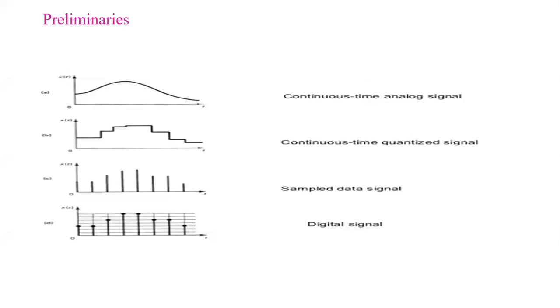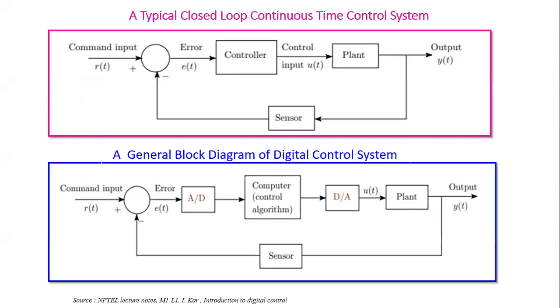What actually is different in this particular unit will be very clear if you see this slide. The diagram that is shown in pink is something which we always kept on studying, and that diagram is nothing but a controller, a plant, a sensor to take up the feedback. We have command input and output. And when it comes to digital control system, let us understand where actually is the difference. Please focus on the block which is highlighted in blue, and it is very clearly indicated.